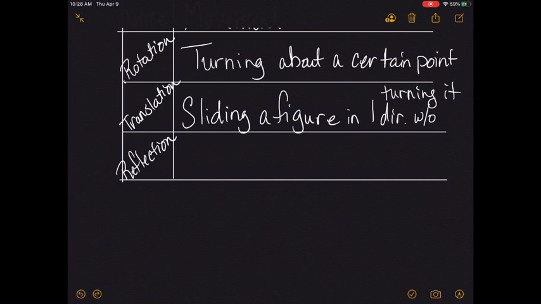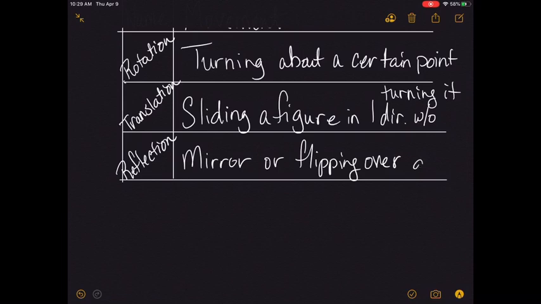All right, a reflection is exactly what it sounds like. It's a mirror image or a flipping over a line. Okay,